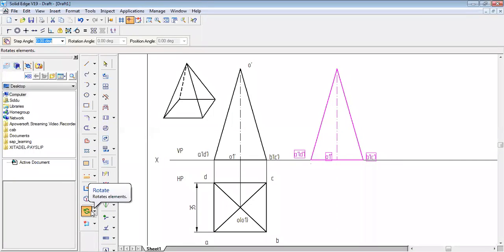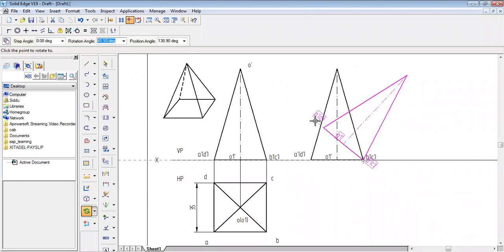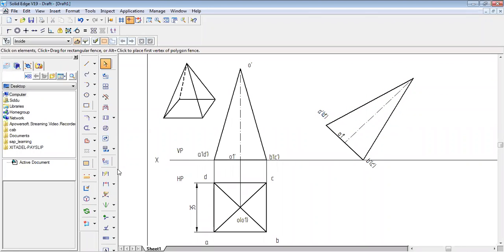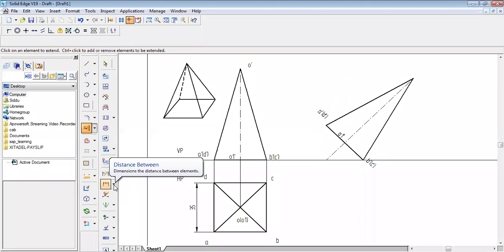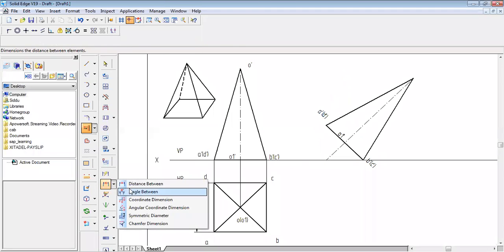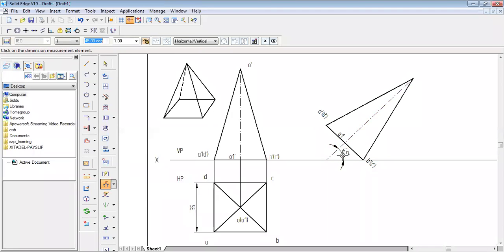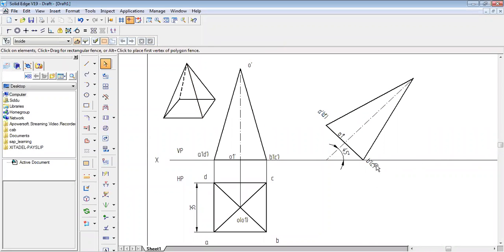So say rotate, say rotate. So how much is it supposed to be, friends? Rotation angle 45. Okay. So even if you check here, even though you show it here as axis, the angle between the axis is going to be 45 only, right? So it doesn't make any difference. Only thing is it will be convenient for us to tilt it. That's why we should convert that into base angle.